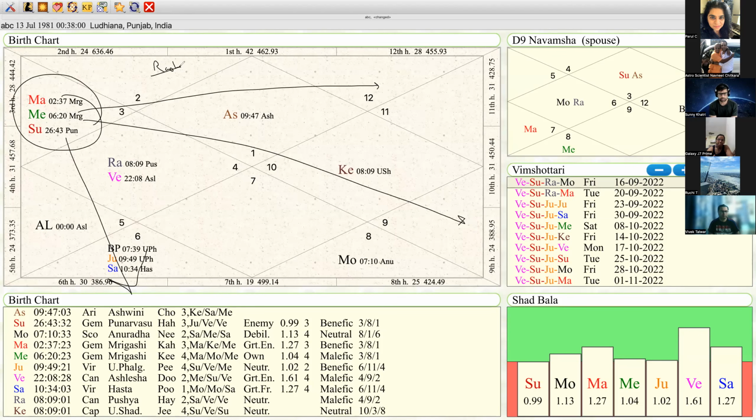The lord of the Lagna is aspecting the lord of the ninth house through Rashi Drishti, yes or no? Lagnesh is aspecting the Bhagesh, and Bhagesh is also aspecting the Lagnesh, the Lagna Lord, through the Rashi Drishtis. Yes or no? Because these planets are also going to aspect 3, 6, 10, all the dual signs will aspect each other.